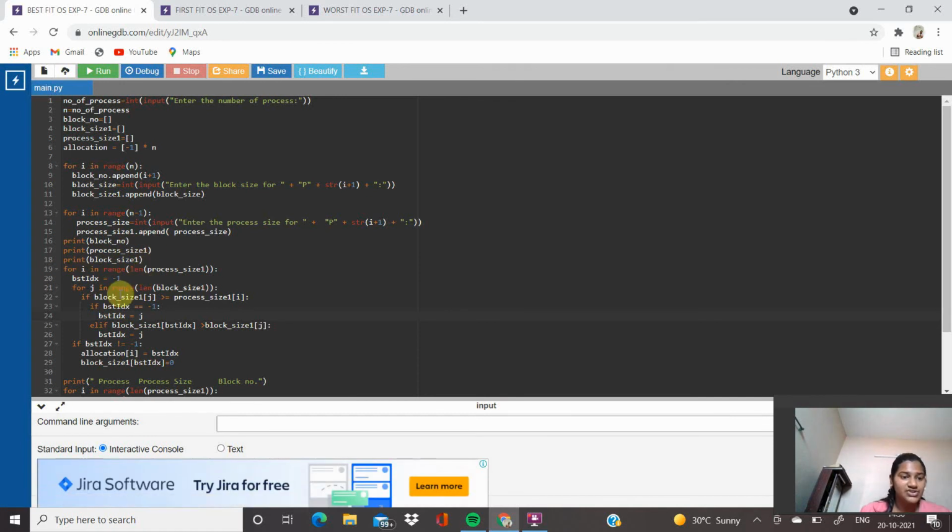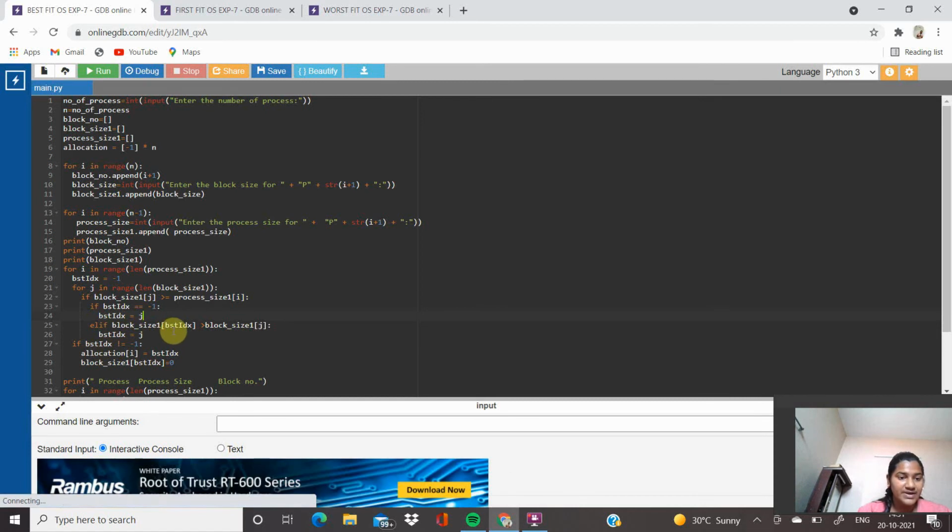For i in range length of process size 1, best index equals -1. For j in range length of block size 1, if block size 1 j is greater than or equal to process size 1 i, if best index equals -1, best index equals j, else if block size 1 best index is greater than block size 1 j, then best index equals j.